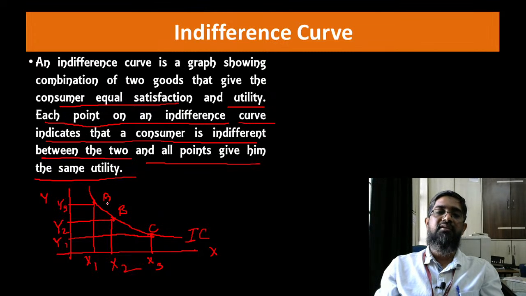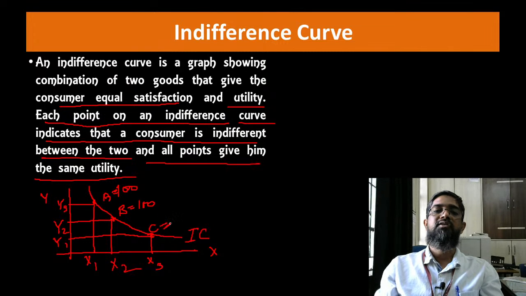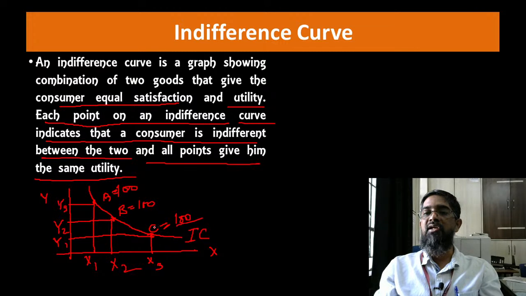on the same indifference curve, आप चाहे A पॉइंट पे हो या B पॉइंट पे हो, C पॉइंट पे हो, एक पर्टिकुलर कॉम्बिनेशन है. A पे क्या कॉम्बिनेशन है? Y3 of Y and X1 of X. तो ये आपको कोई सेटिस्फैक्शन दे रहा है. B भी Y2 X2, C Y1 X3, तो तीनों पे सेटिस्फैक्शन, say for example satisfaction is 100, so A पे भी 100 होगा, B पे भी 100 होगा और C पे भी सेटिस्फैक्शन 100 ही होगा. You will be indifferent, right?